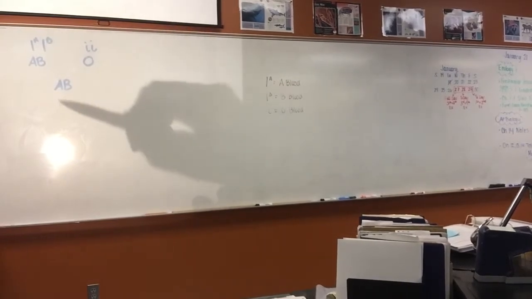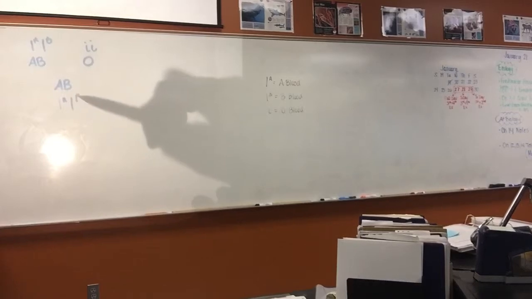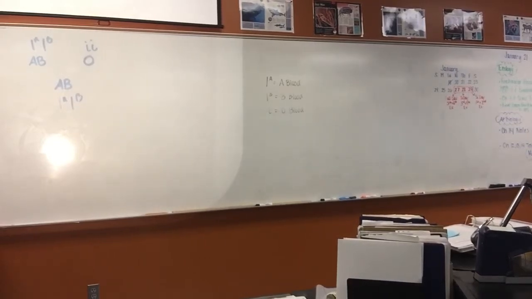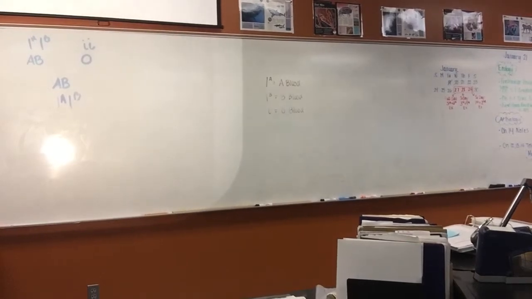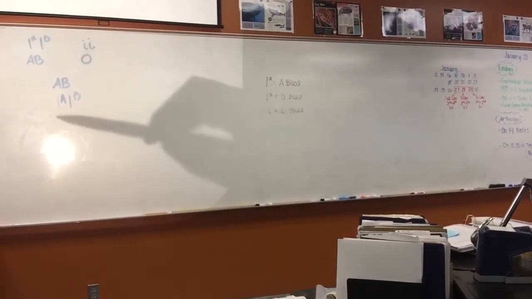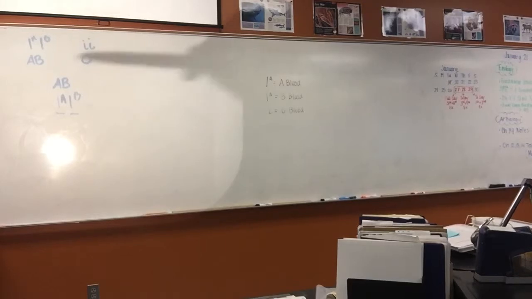And this kid here has an IA and it's an A. It's supposed to be an A. An IA and an IB, which means they had to get an A or B gene from the other parent. All right, and so this is not possible. So in some cases you can tell